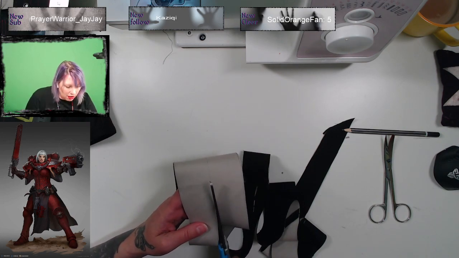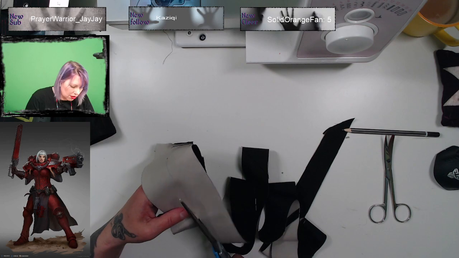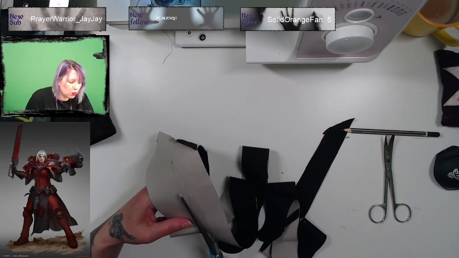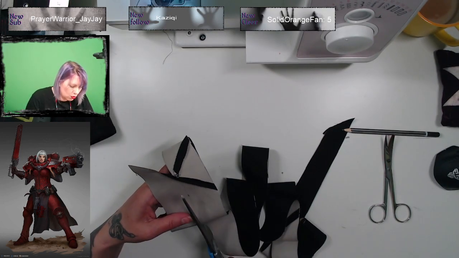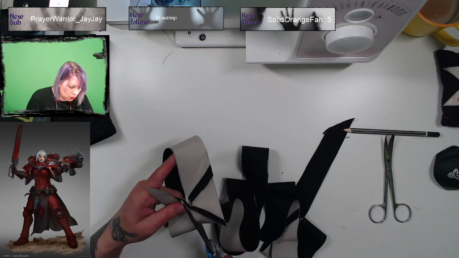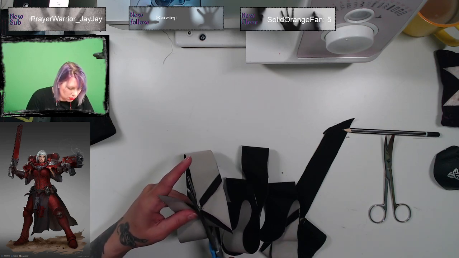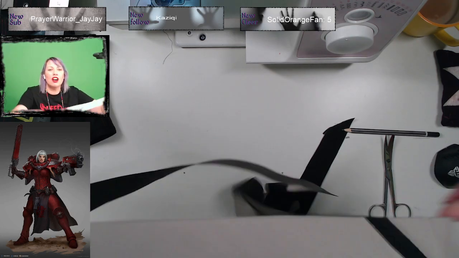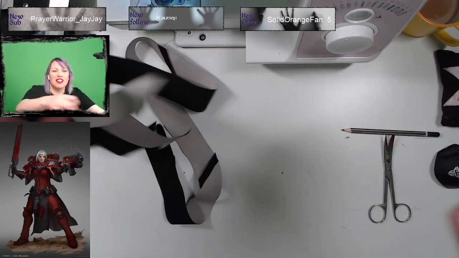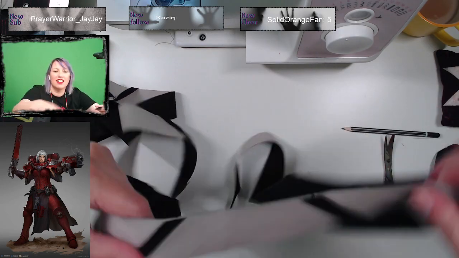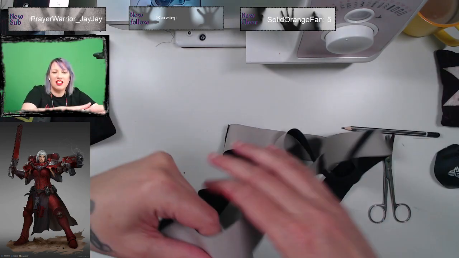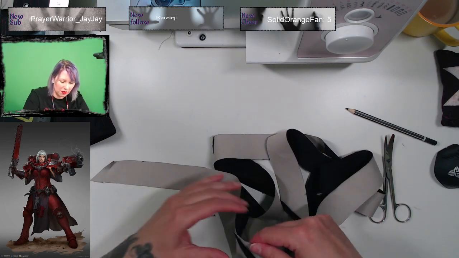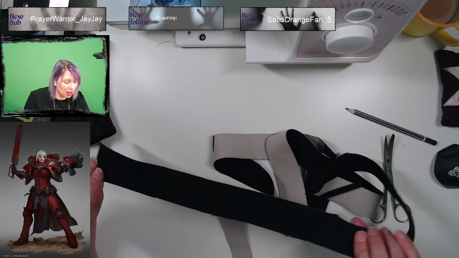And cutting, and cutting. There we go. Look how much we've got. Whee! So that's quite a lot.